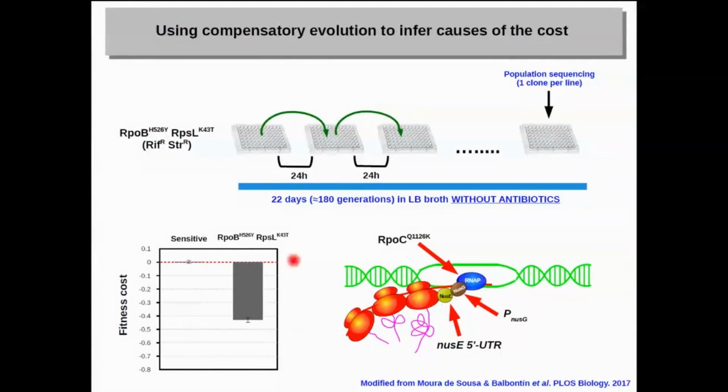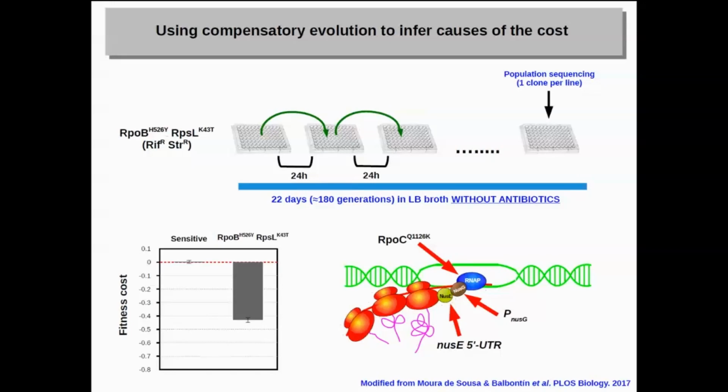So we did basically a 22-day experiment in which we were propagating every day in rich medium in the absence of antibiotics. At the end of the experiment, we had several lines in parallel, and we did a population sequencing, which reduces the definition but allows us to increase the scope. You can get many mutations that appear in different populations, so you probably miss some of the mutations that are at a low frequency, but you get a bigger picture of what's going on.